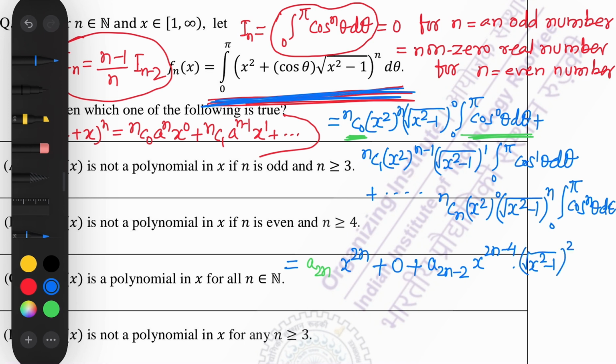And you see here, this is a real number, here is a polynomial, and this again is a polynomial, remember that,